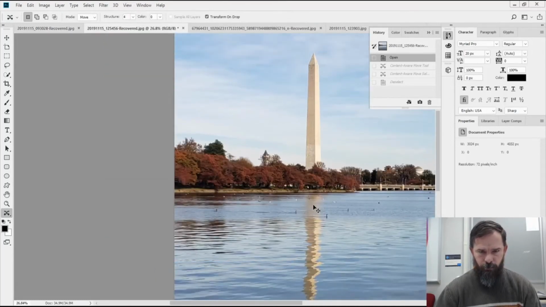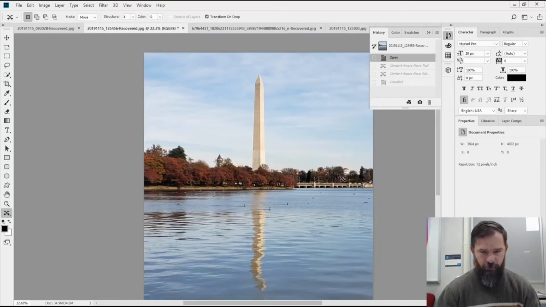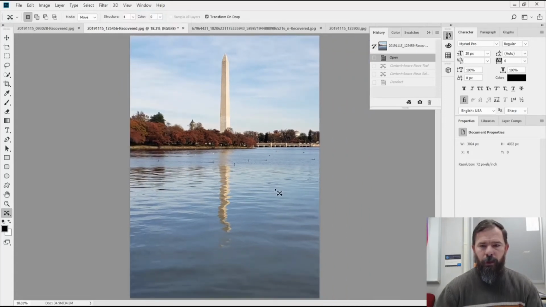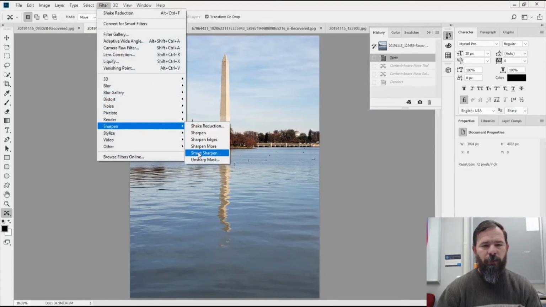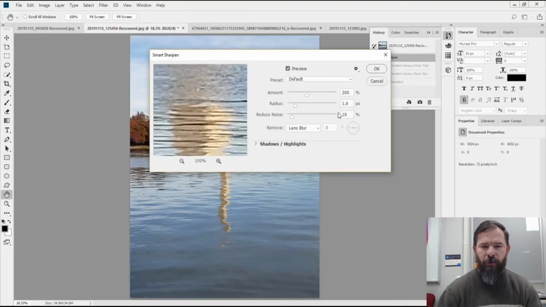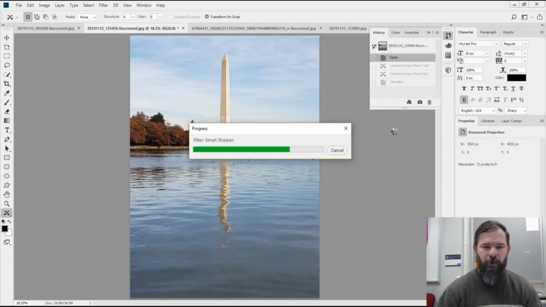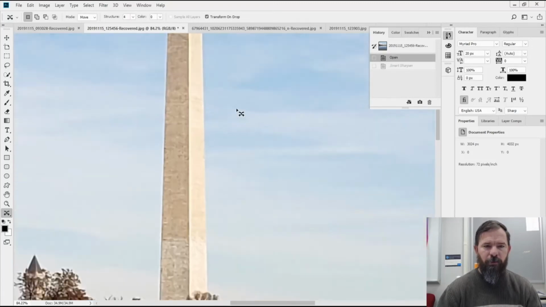So this is something you can use on every picture. This is something you can use every time, and it's a filter for Smart Sharpen. And again, playing with all these is worth your time. But going down to Smart Sharpen, you can get a preview, and you can make these adjustments if you want. But really, just doing that on every picture, let it think about it, let it work, let Photoshop do its job. You can't see that much of a difference in this picture, so you can make some adjustments. But if you zoom in,